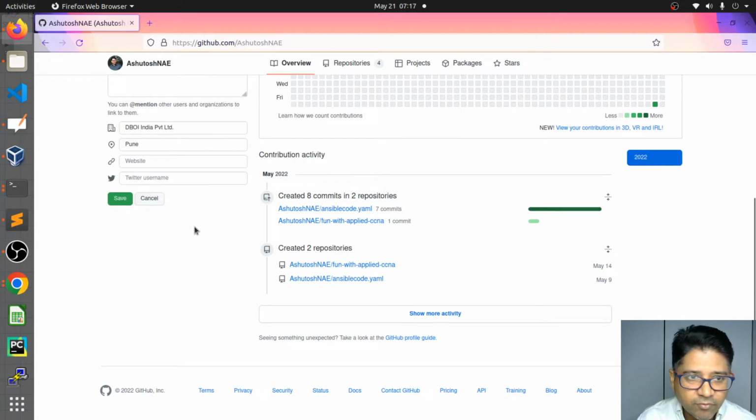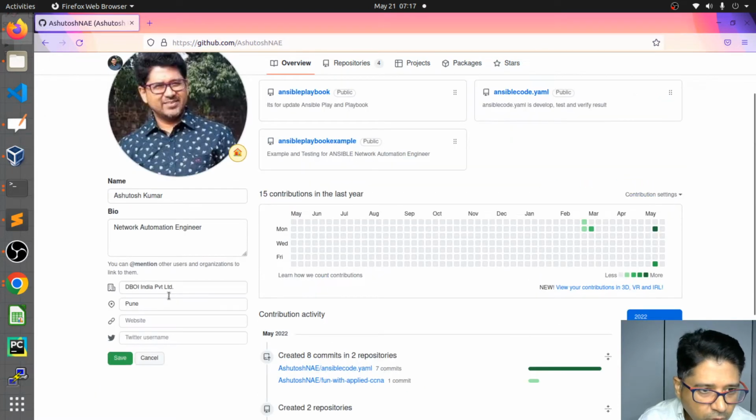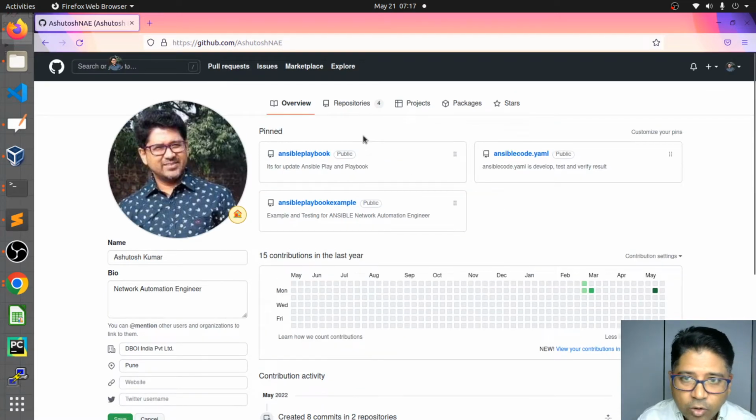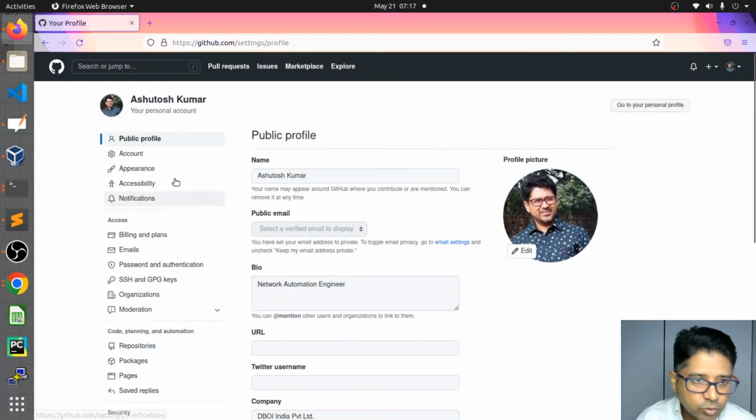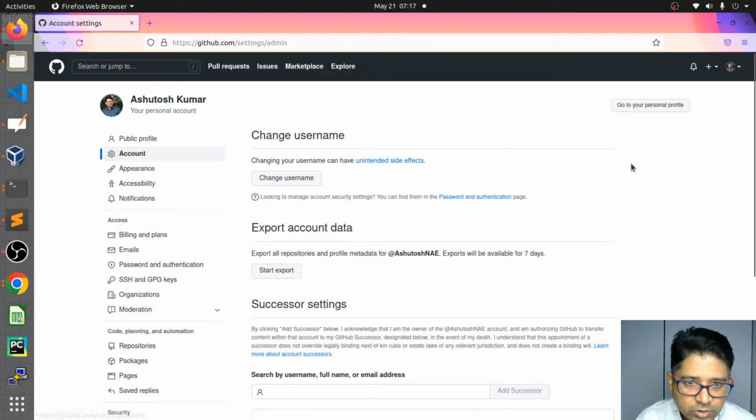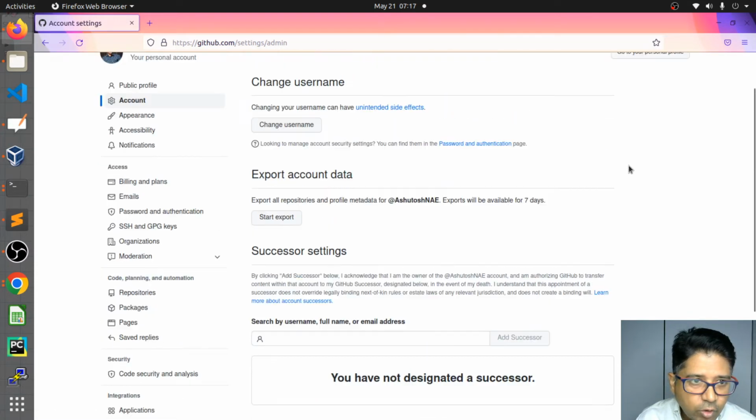Go to settings, then go to account. You can see, down in your account accessibility,